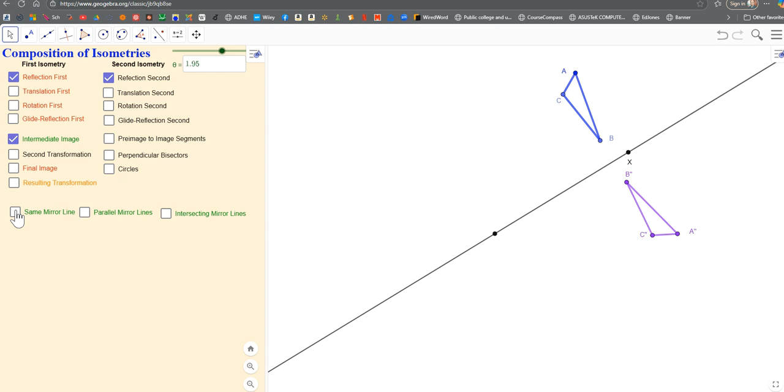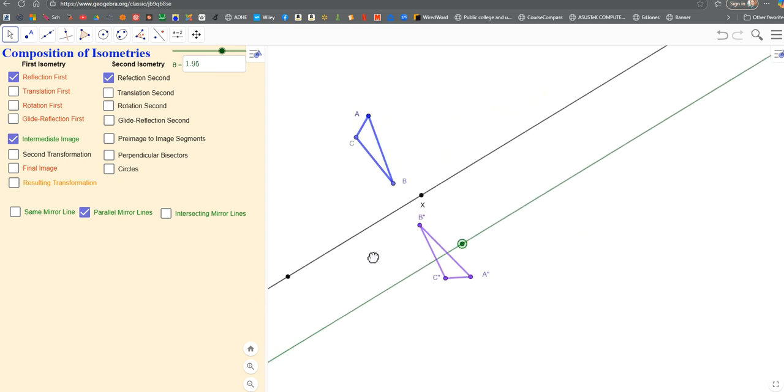So there are different options depending on the second mirror line compared to the first one. First, one thing is if you go to the same mirror line and you go to the final image, you're going to be right back where you started. So not a lot to show there, but that gets the identity transformation. If the second one is a parallel line, say like here, for example,